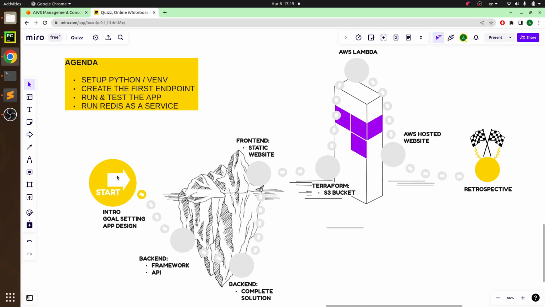We are here now right at the start, and our agenda for today is to set up the Python project and the virtual environment, and use this environment to create the first API endpoint, test it manually, run the API application, and probably add a couple more endpoints, and finally add a Redis resource as a service running in the background that we can address in the logic of our application that requires some database